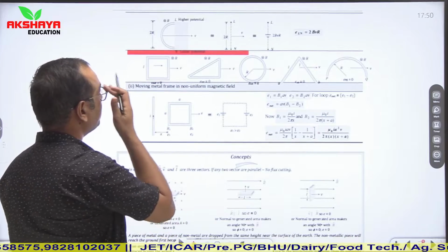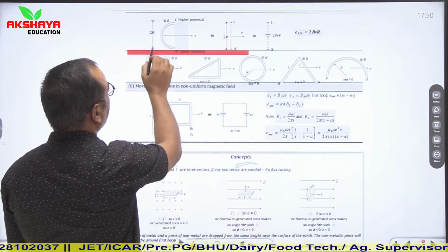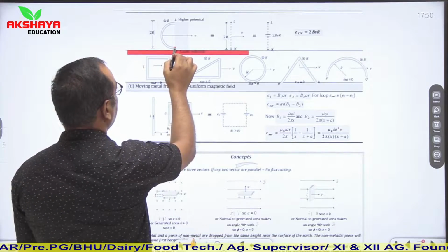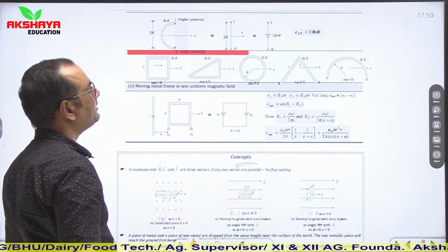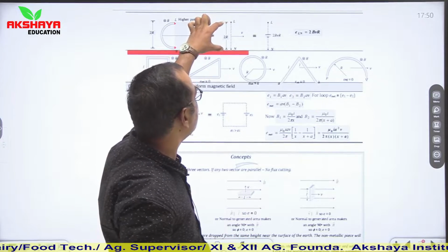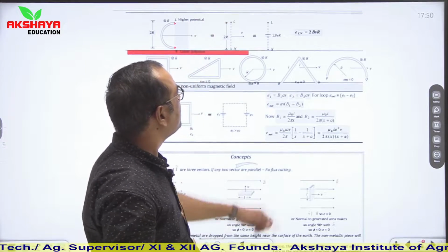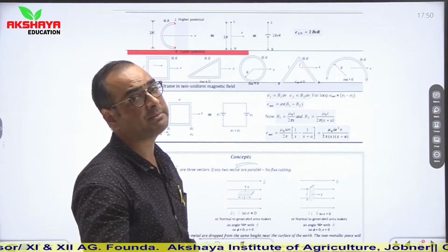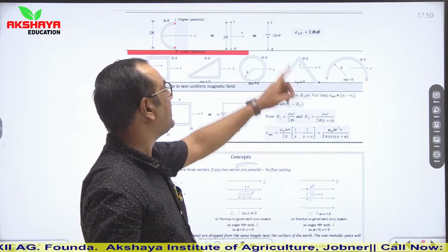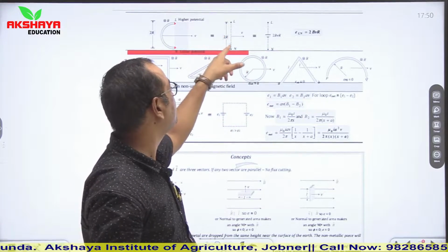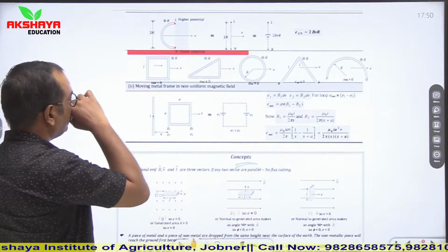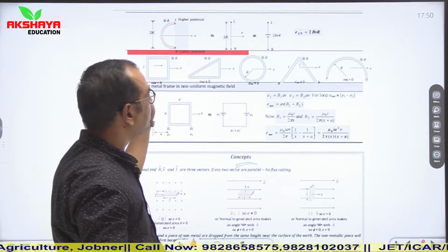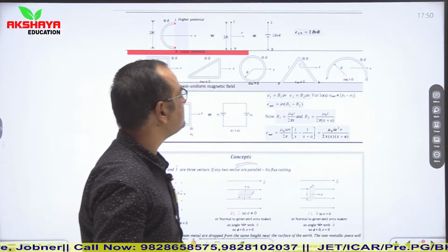So you can clearly see from here, this is a semicircle. Here the separation between these two ends is 2r, which is equal to the diameter. It means, let us say its length is 2r and it is traveling with a velocity v. So in this case, induced EMF will be 2Bvr, because our concept is E is equal to Blv, where the effective length L is equal to 2r. In this case, induced EMF is 0. In this case also induced EMF is 0. So in all these cases, induced EMF is 0.